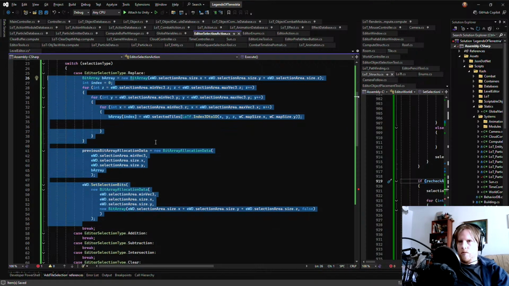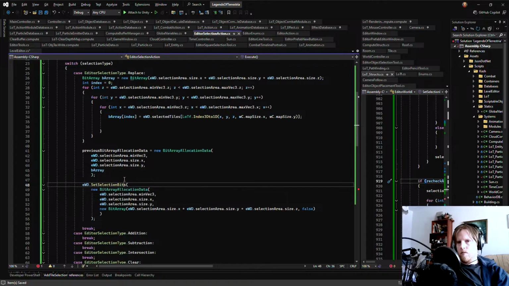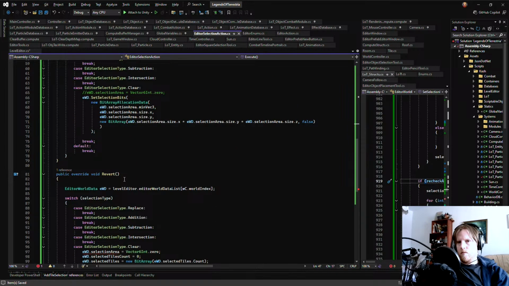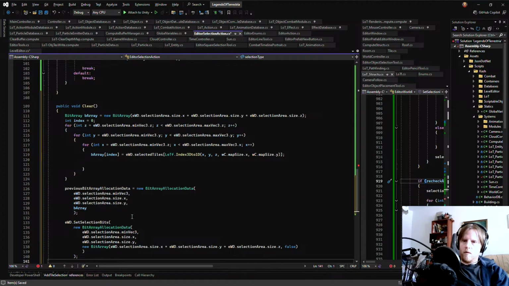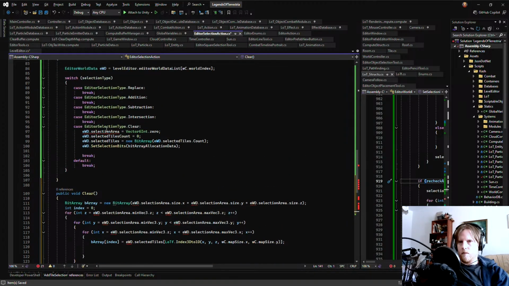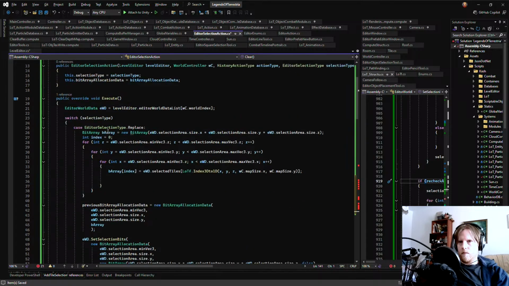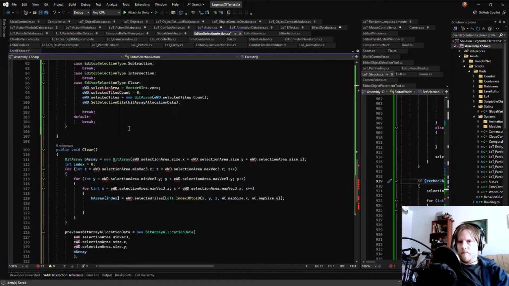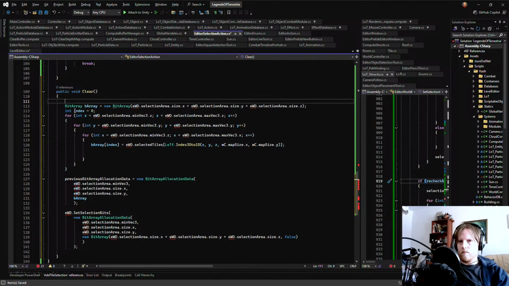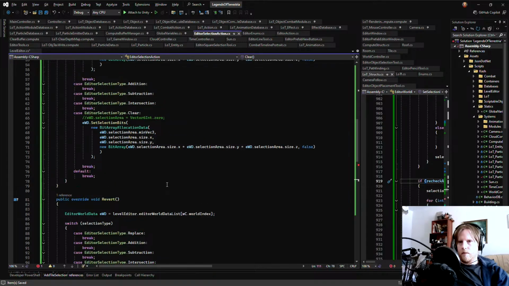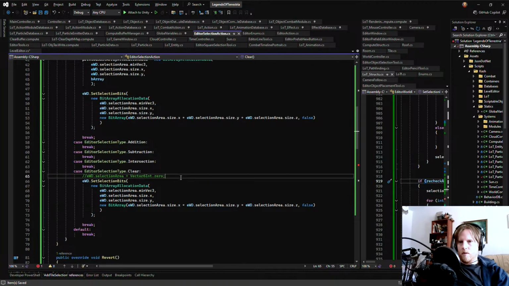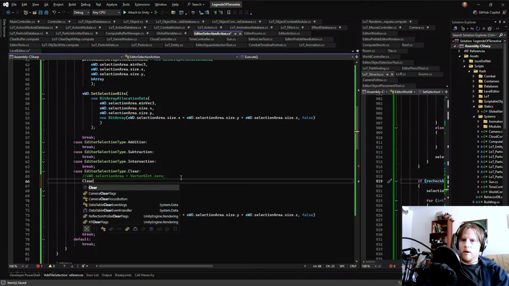We could do something like this: public void clear. And then here we just do clear.